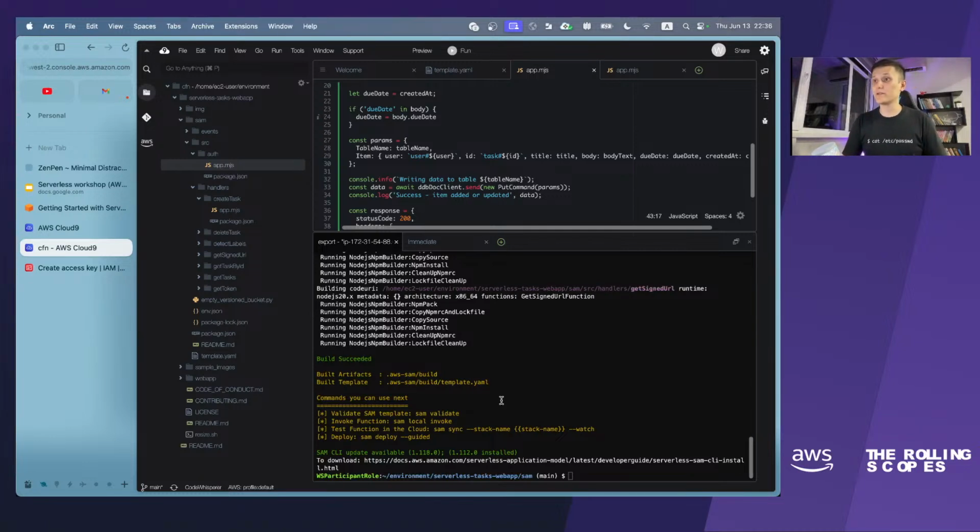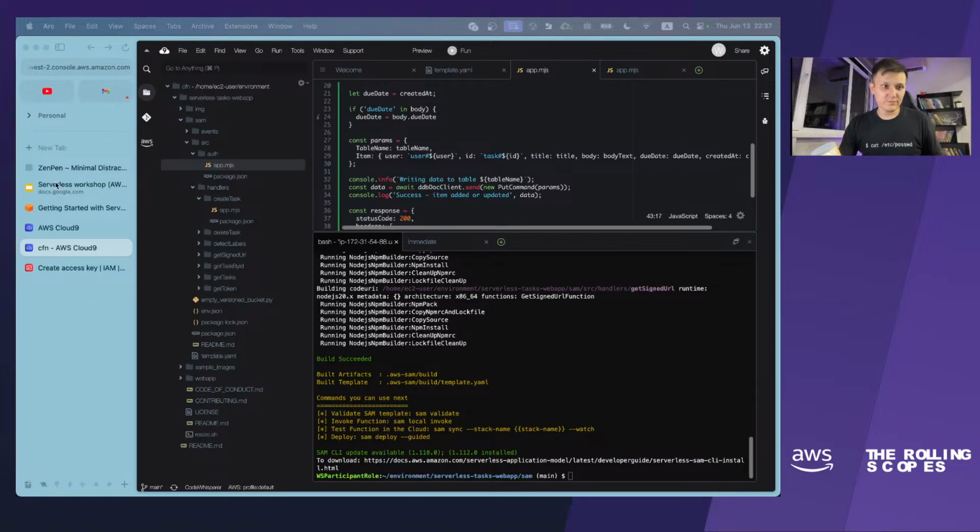You can use language structures, for instance ternary operations. You can use cycles to iterate over, for instance, buckets. You can create multiple buckets with one piece of code. And also the very cool thing about the CDK is that you can cover your infrastructure code with unit tests, which is a really great feature. Okay, let's move on.